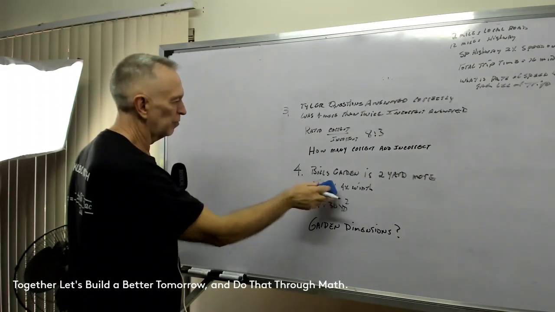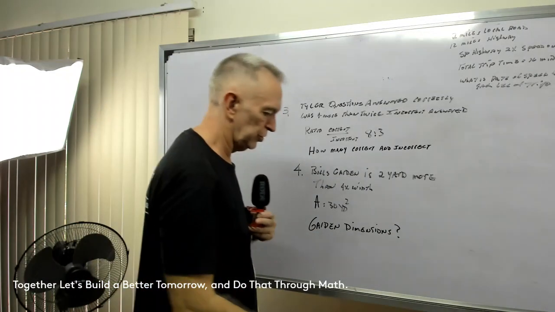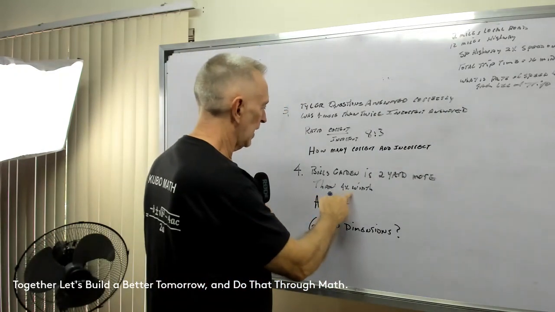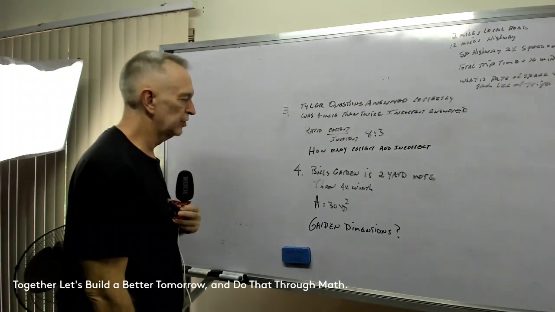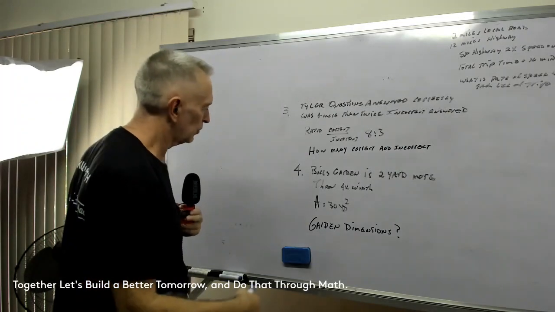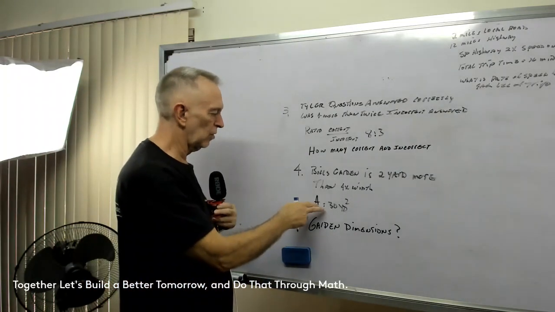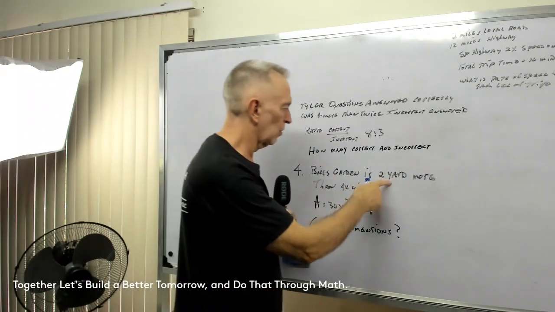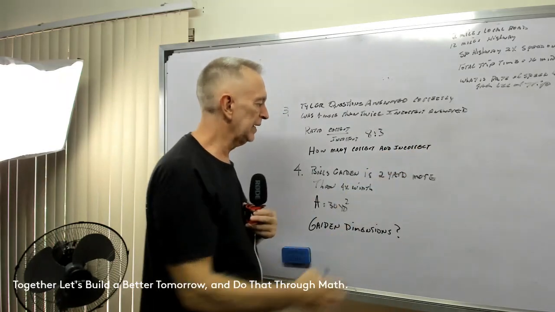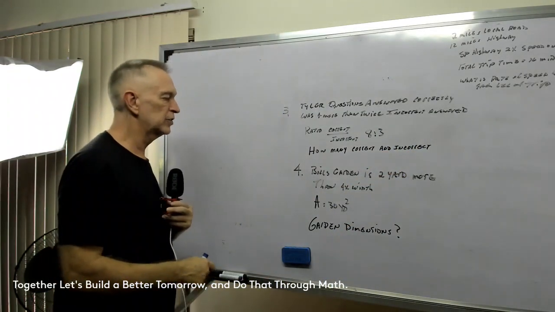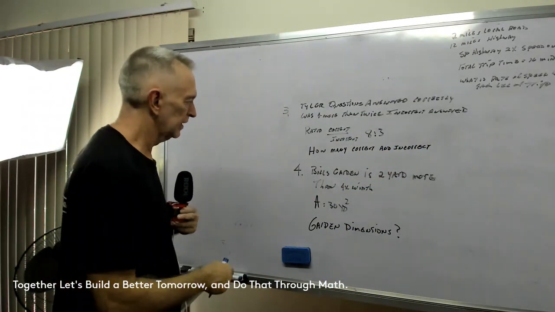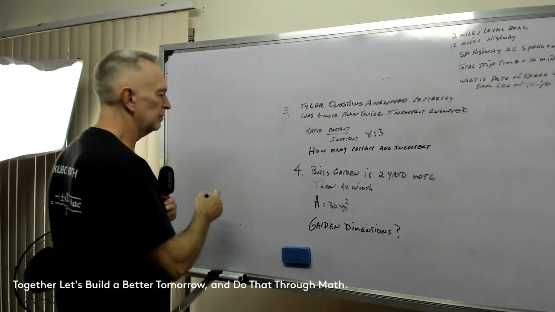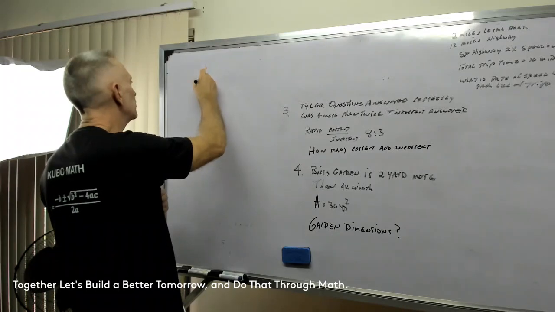Here's number 4. Bill's garden is 2 yards more than 4 times its width. The area overall is 30 square yards. Now, if you don't like yards as a unit of measurement, just put meters, whatever your units might be where you live. Okay. Garden is 2 more than 4 times its width. So if that's the width,